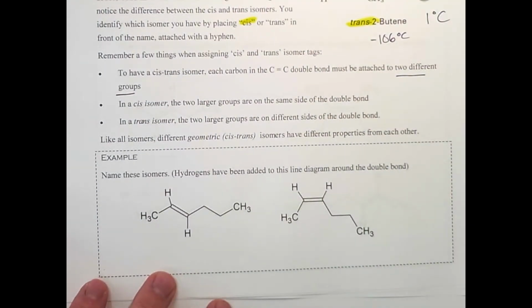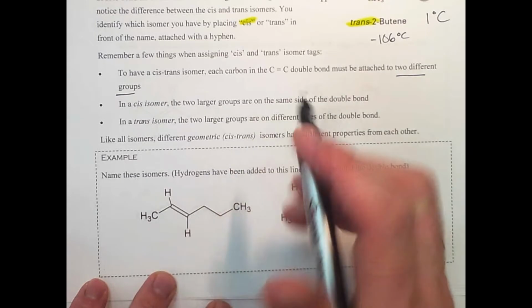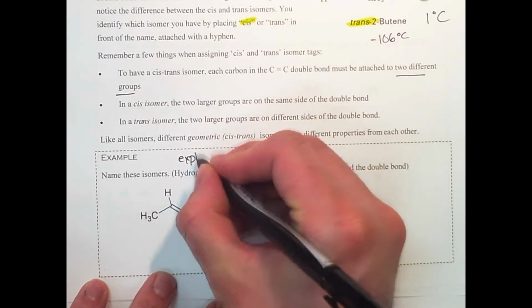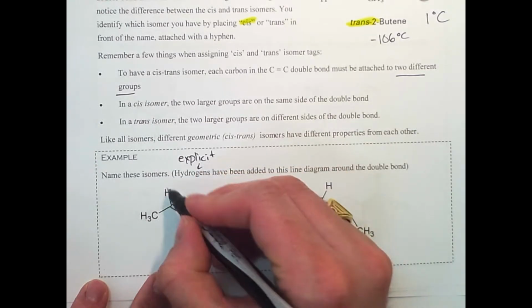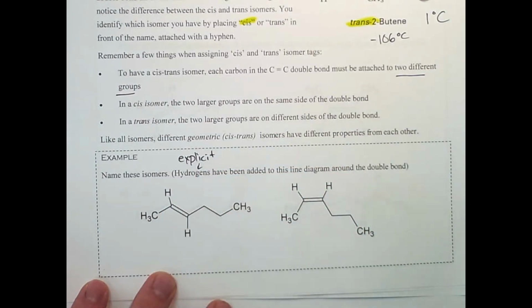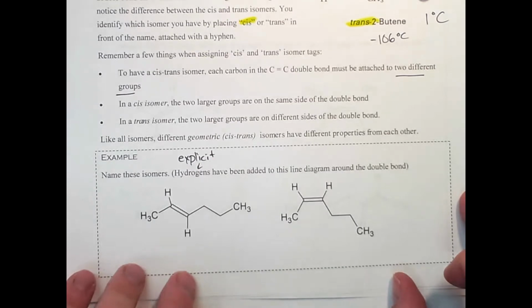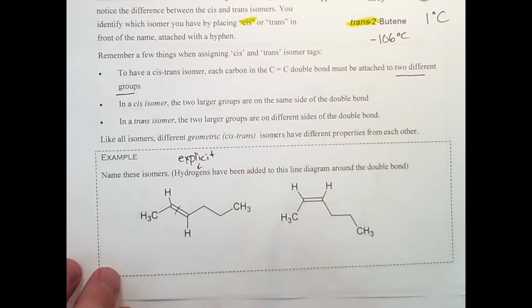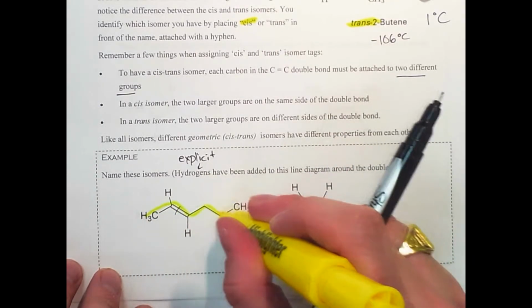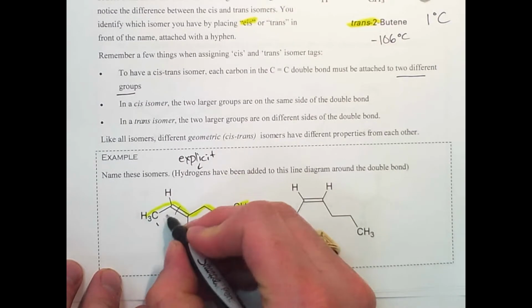So we look at this molecule. The biggest red flag you'll get for cis and trans being involved is when hydrogens are drawn in, and we say they're explicit hydrogens. The explicit hydrogen drawn into a structure usually is trying to identify that we might have a geometric isomer present. So when I look at the bond, we're first going to just name it like we normally would. Do our longest chain, number,